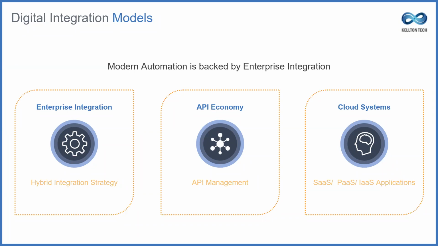Take Lyft or Uber, for example. They were able to take public APIs such as Google Maps and payment gateways, combine them with their own unique processes, and then deliver them in a mobile application that would end up transforming the whole transportation industry. While the API economy drives seamless connectivity, automation enriches it for the users.